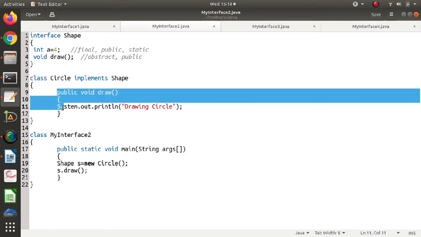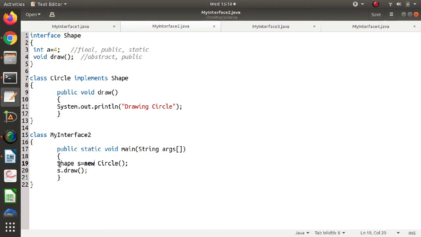Here you can see. And now here in the main method we are creating an object of this interface, as it is implemented by this class Circle. So we are writing it like this: s is equal to new, and the class which is implementing that interface. And then we are calling this draw method.